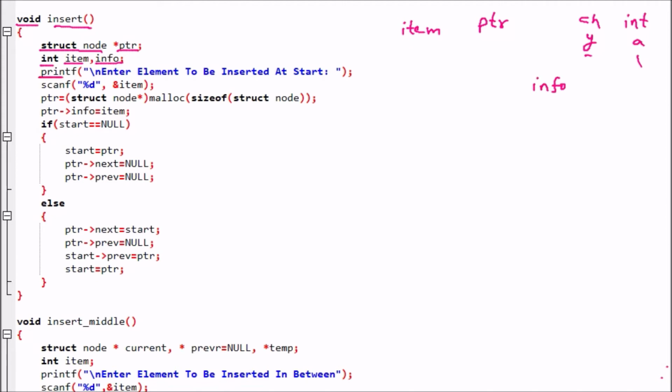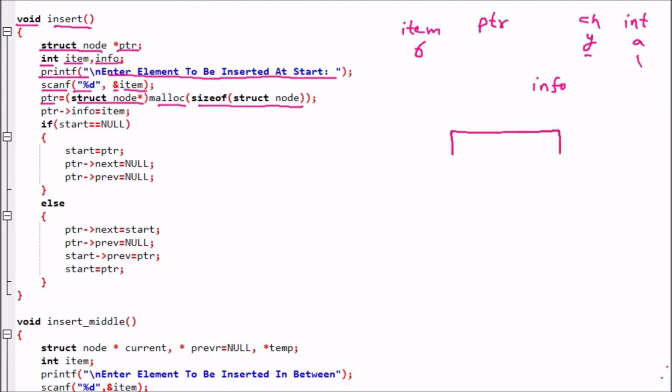Now afterward printf "enter element to be inserted at the start". So we are asking the user which element you want to insert. Now scanf %d, taking an integer from the user, and &item, the address of item. So in item we are taking, let us suppose, 6 that we want to enter. ptr = (struct node *)malloc(sizeof(struct node)), which means a node will be created.